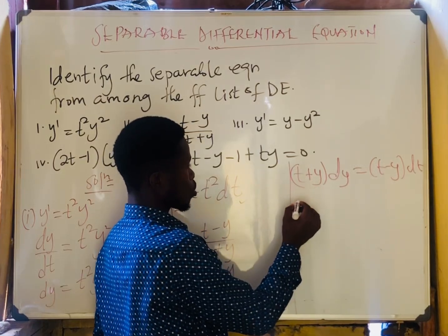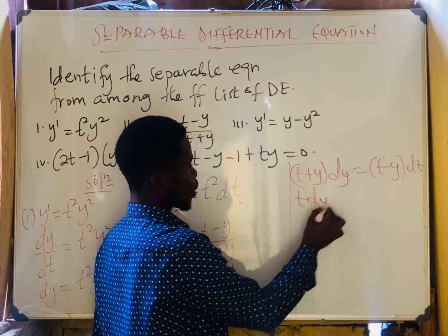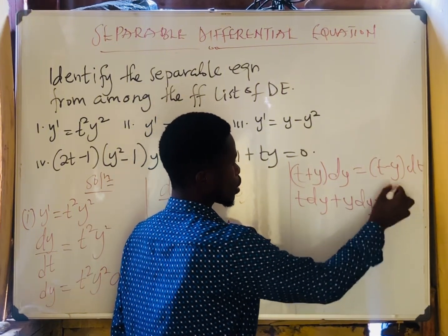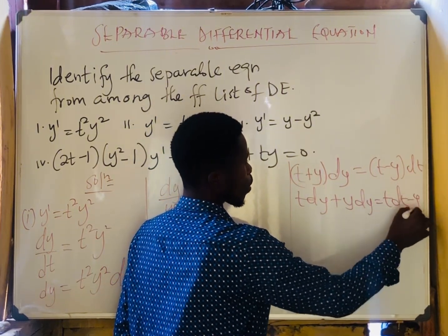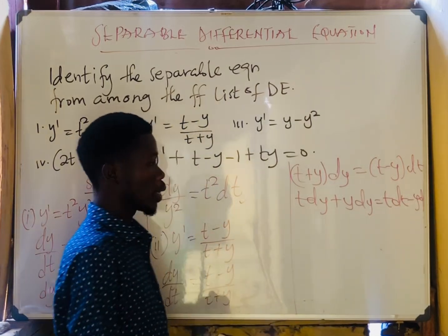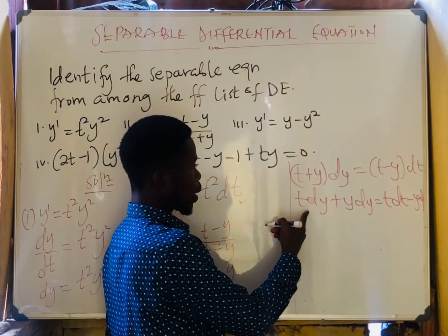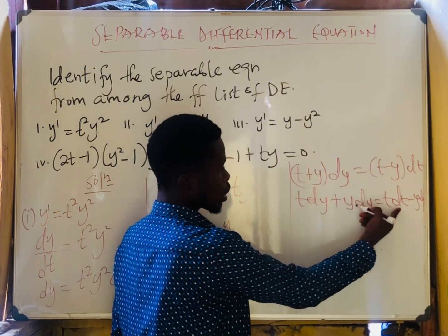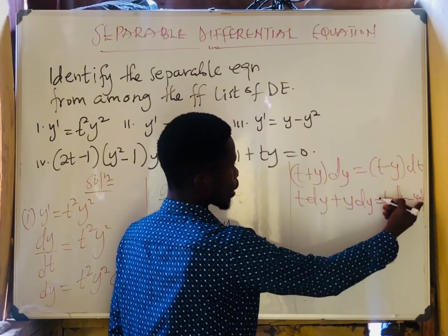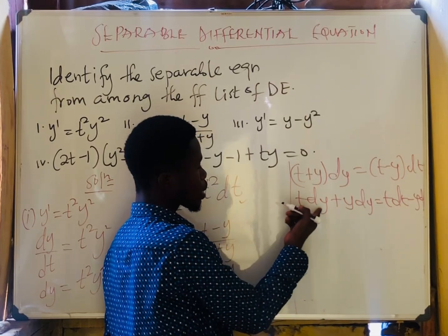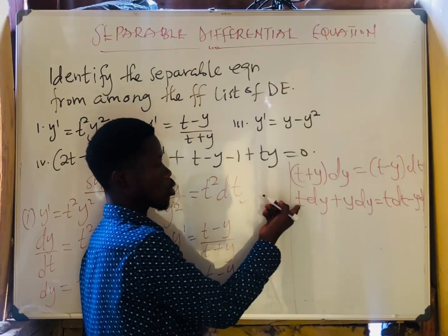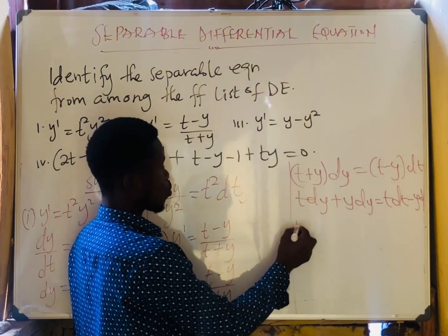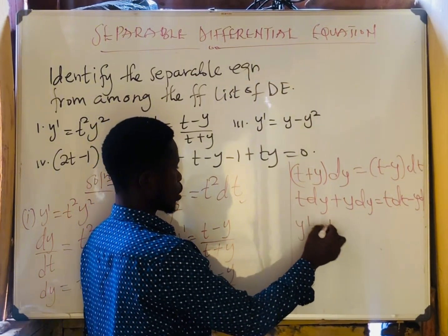You multiply, so you have t dy plus y dy equals t dt minus y dt. Okay, so now this is t dy, y dy, this is separable, right? T dt minus y dt. So you realize that t is still attached to dy, and there's no way that you can take this one out. So it tells you that this function y prime equals t minus y